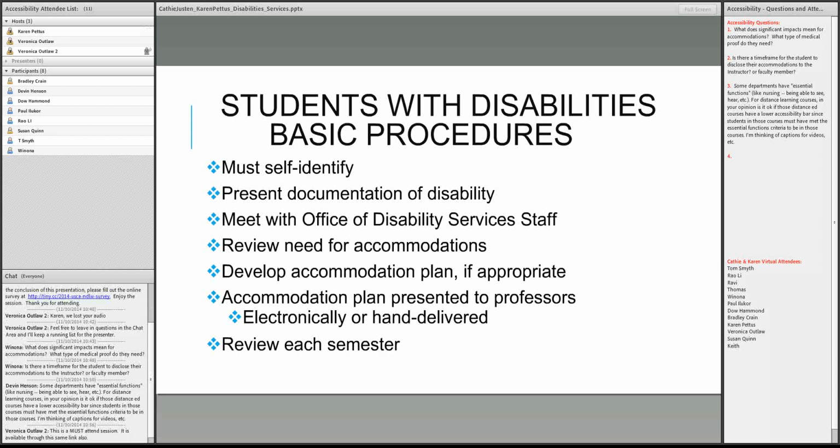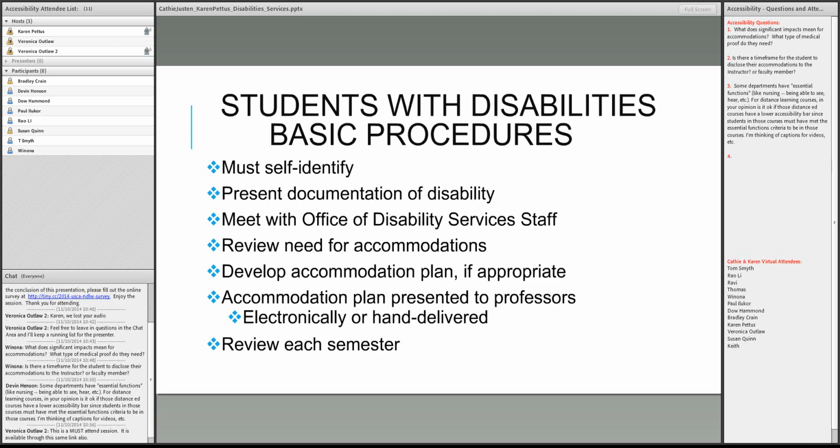Actually, that's a really good question, but my answer is no. I do think that all courses must meet those accessibility guidelines for a number of reasons. First of all, you might have someone with a learning disability, but having access to those captions can be very helpful. I know the provost on the Columbia campus has a committee that was reviewing these courses to make sure that they met these